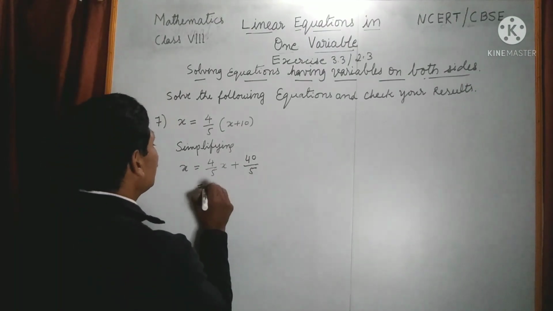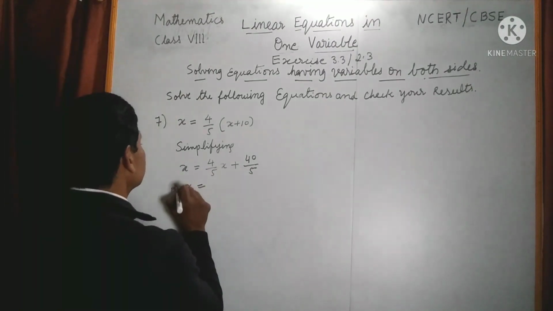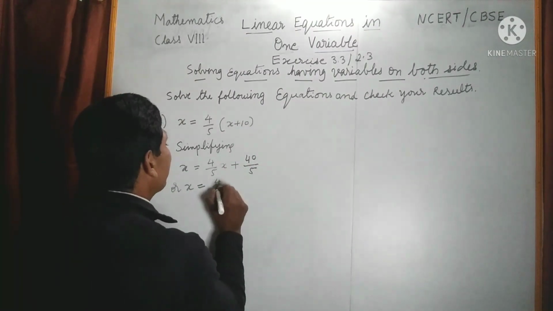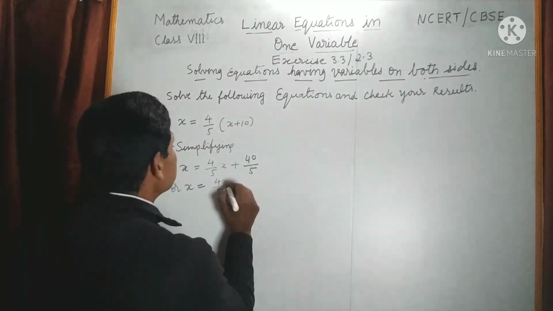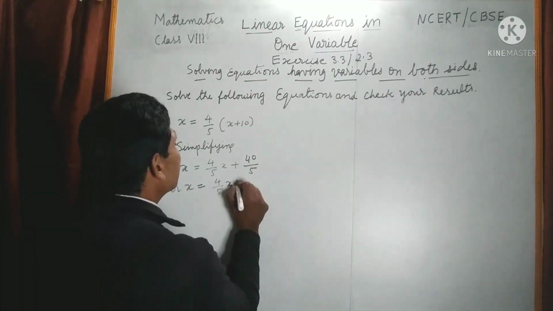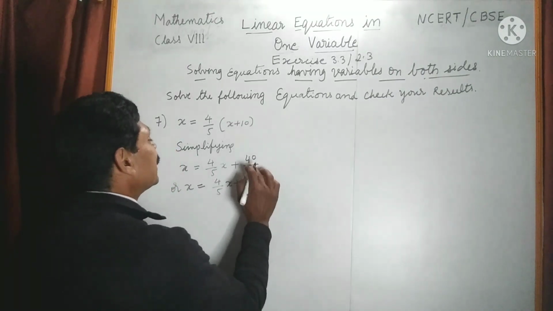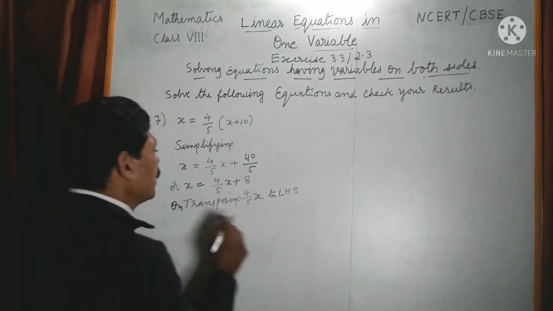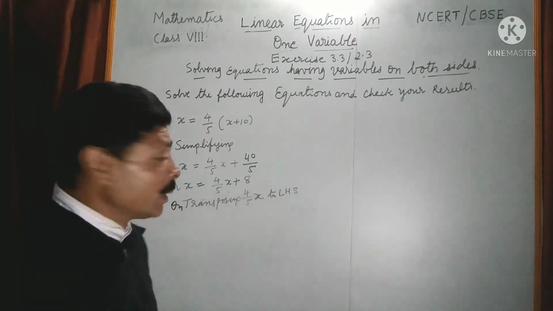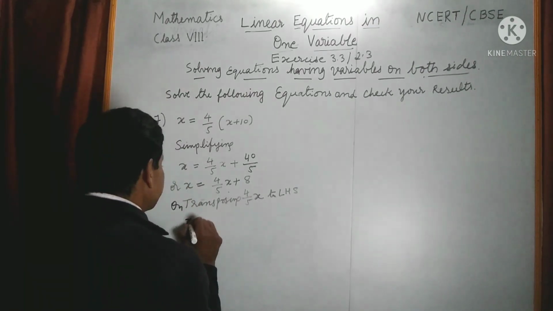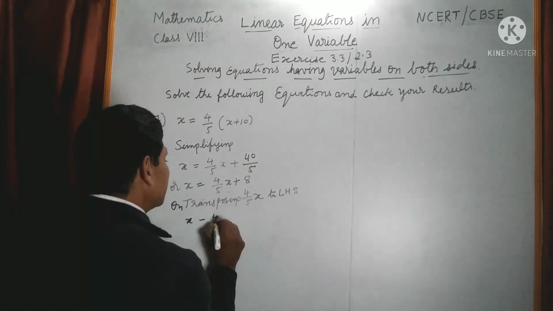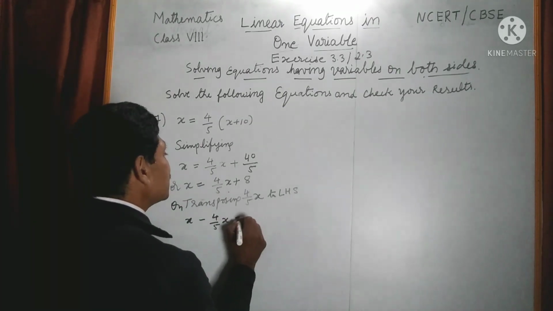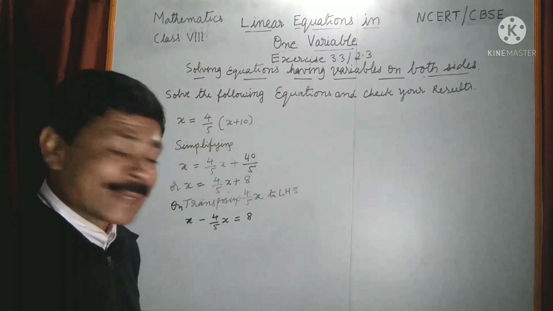This is equal to 4 by 5 x plus 5 8s are 40. On transposing 4 by 5 x to left hand side, x minus 4 by 5 x is equal to 8,